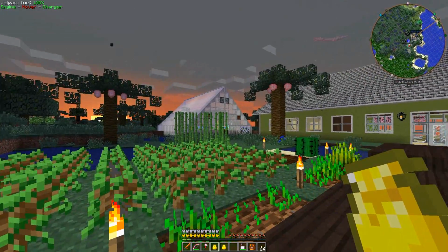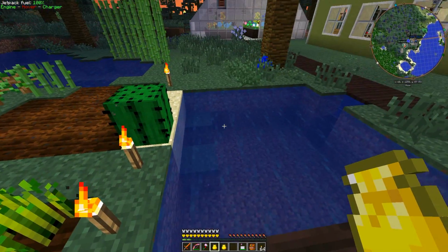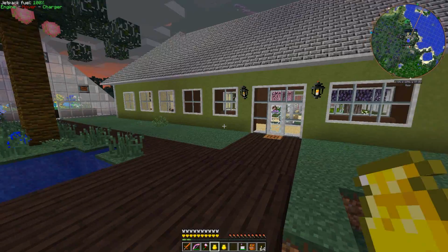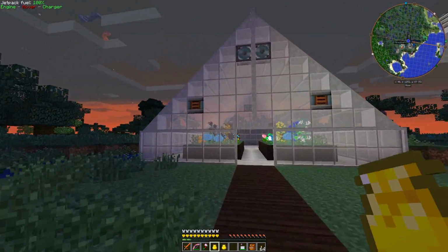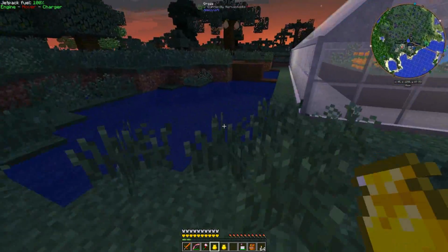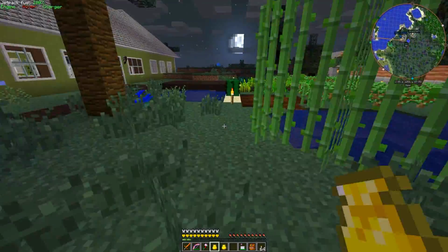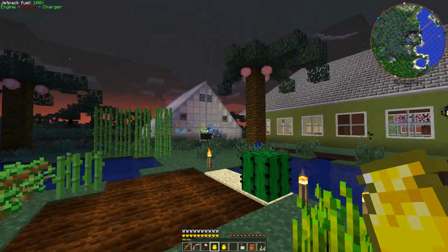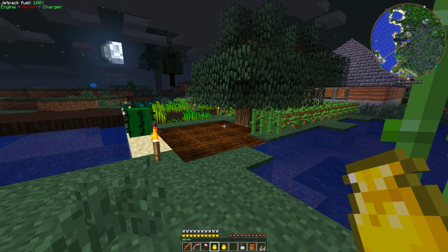I played around with lighting a little bit by adding glowstone to a few of the flowers. Oh, and I turned this into a river. I added some water over there so that it would kind of flow through here. On kind of an unrelated note, but anyway, I added some glowstone to some of the mystical flowers, which turns them into glimmering flowers. And just to play around with lighting a little bit, because we have a magnum torch here, I can play around with lighting safely. And, whoa. Just got attacked by a tree. Anyway,